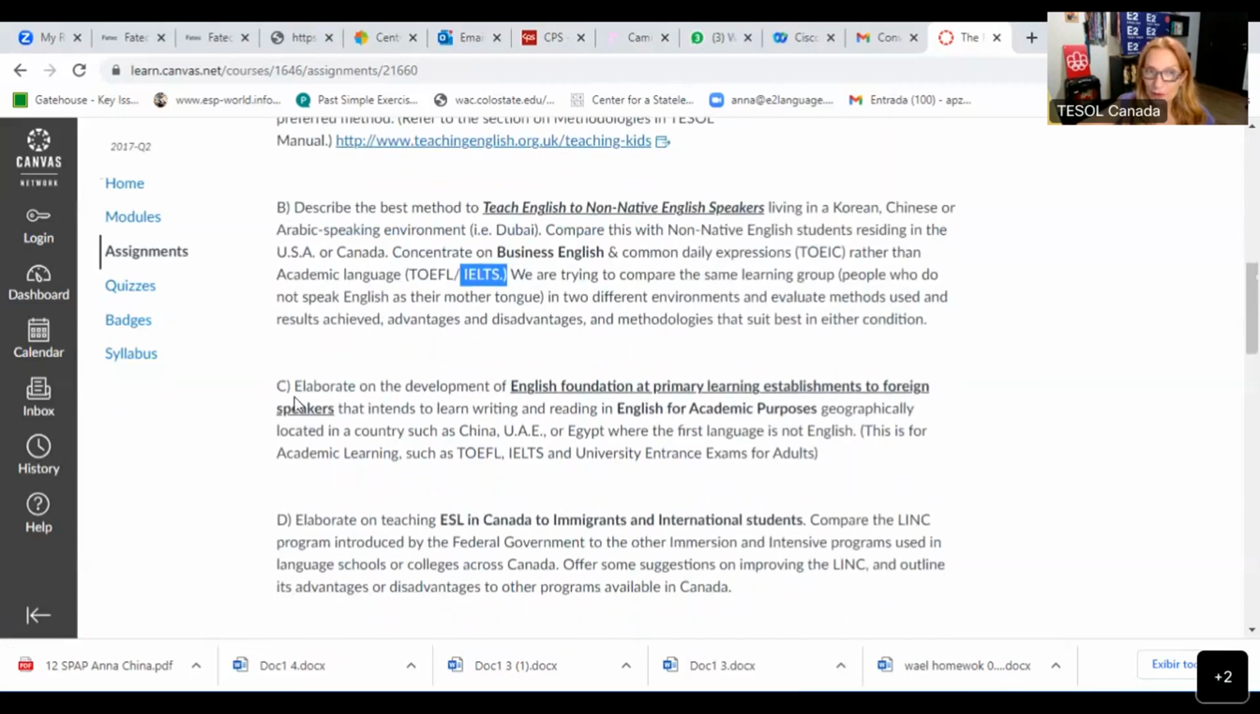Now, the third one is elaborate on the development of English Foundation as primary learning establishments to foreign speakers that intend to learn writing and reading in English for academic purposes. So you're going to teach someone who wants to learn English either to study abroad, to take one of those proficiency exams, to study abroad. It's all about academic purposes. Is it a different approach? Definitely, it's a different approach. So then, you have to design a different class, design a different approach. You probably won't use the same approach to teach business English as you will to teach TOEFL,